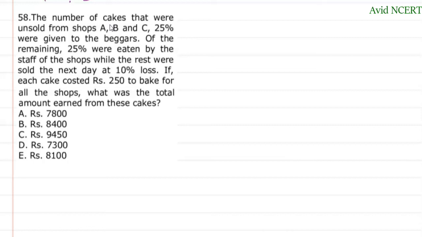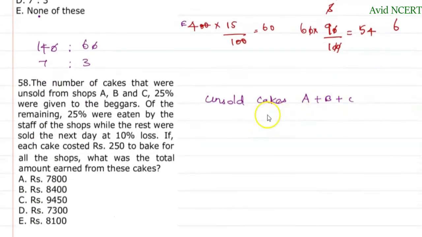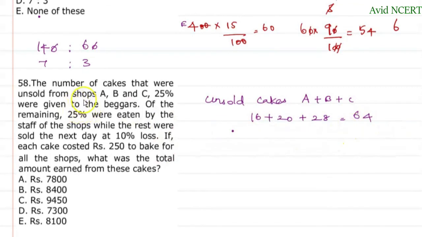Just from the first step, the number of cakes that were unsold from shops A, B and C. So now we are going to find the unsold cakes from shop A, B and C. Unsold cakes A plus B plus C. So let's see how many cakes are, which is unsold cakes of A is 16, 20 and 28. So which is 16 plus 20 plus 28. So which equals 64. Now from the next line, 25% were given to the beggars. So out of the 64 cakes,